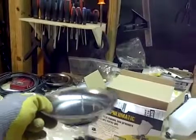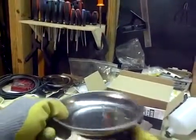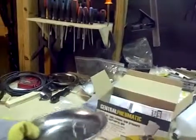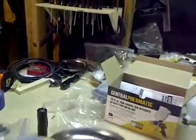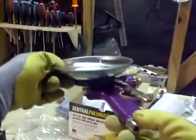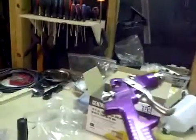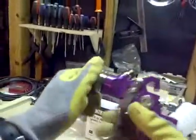See, this thing is made of steel. So don't think this is, yeah, it's magnetic. So don't think that it's not going to rust. It will rust. That's the only thing about it. But if you clean it and you blow air around it, put a little bit of oil on it,